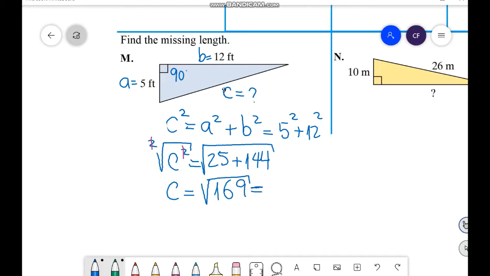And you can use your calculator. Then you find c equals 13 feet. And compare, see, 13 is greater than 12, is greater than 5. Fine. That's right. For letter N,